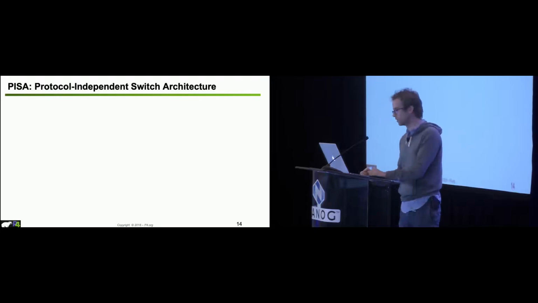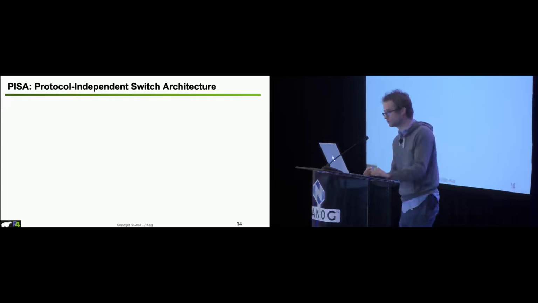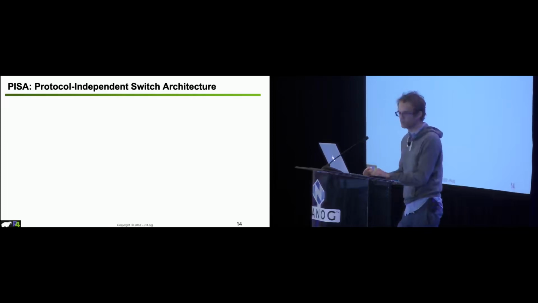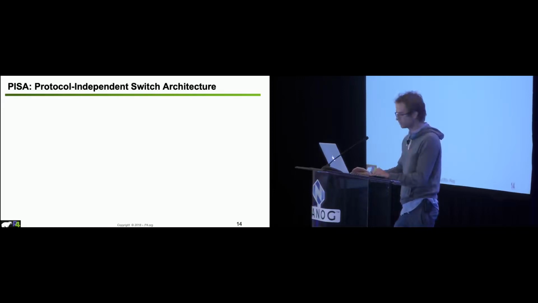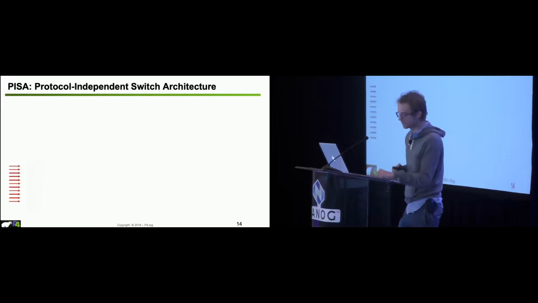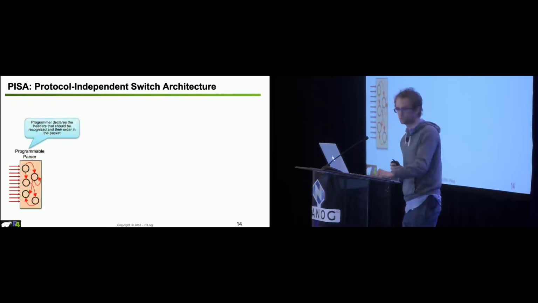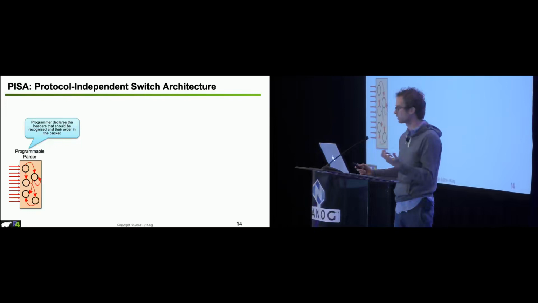And for our abstraction, we adopted a switch model, which is called the PISA architecture. PISA stands for Protocol Independent Switch Architecture. And PISA integrates three different basic components. So you have the programmable parser. Unlike OpenFlow, with P4 you don't make any assumption as to what kind of packets you're going to be processing in your network. It's up to the P4